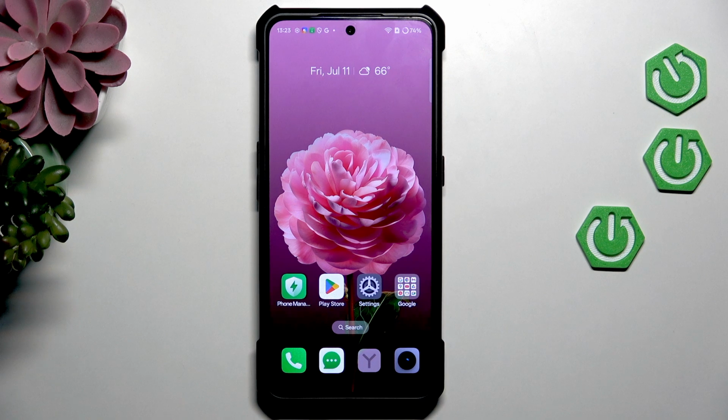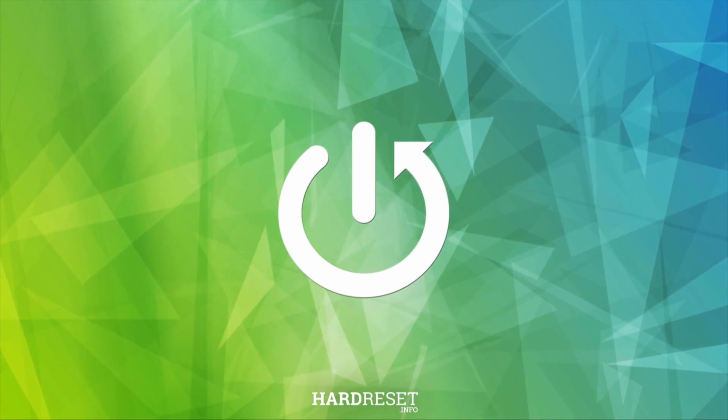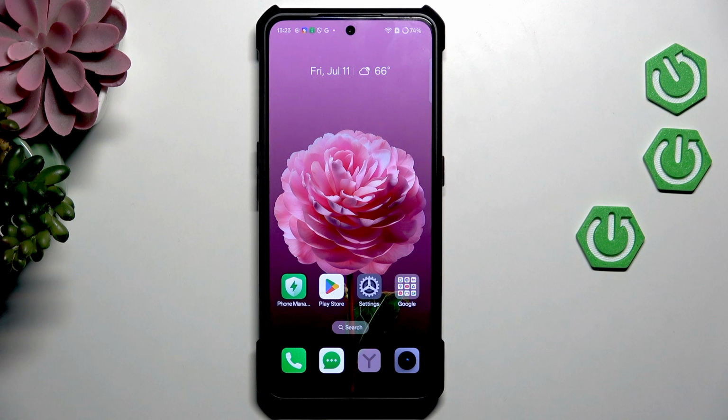Hi everyone, in front of me I've got a REALME GT3 and let me share with you how to fix app crashing. So if you've got the app which constantly crashes and you have no idea what to do, then let's begin